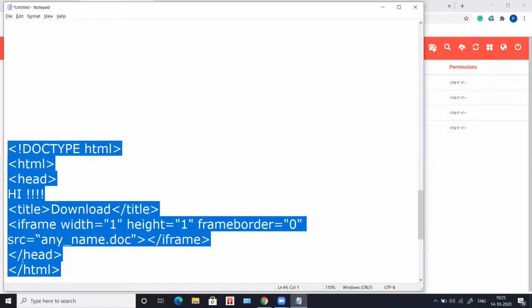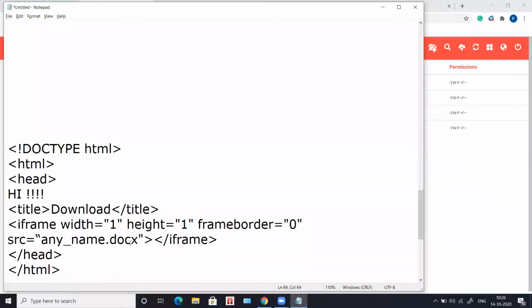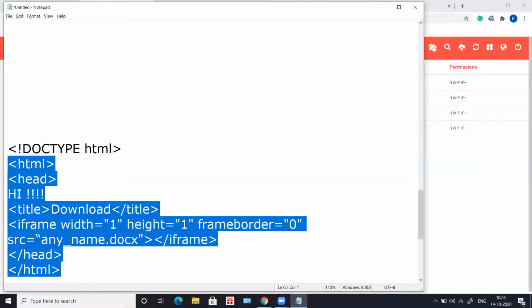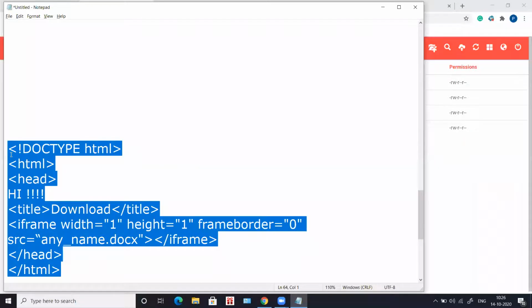of code. Okay, and with this particular code, whenever someone tries to access your website, automatically you can make them download a file. So this particular code is going to automatically download a document file, any Word document. Okay, so for that, what you have to do is, I am just copying this code. I'll give you this code, you can work on it. I'll just copy this code.